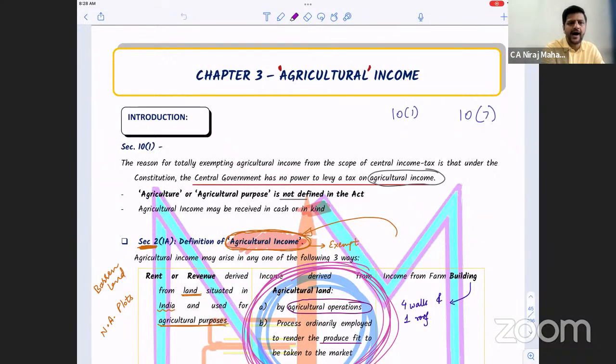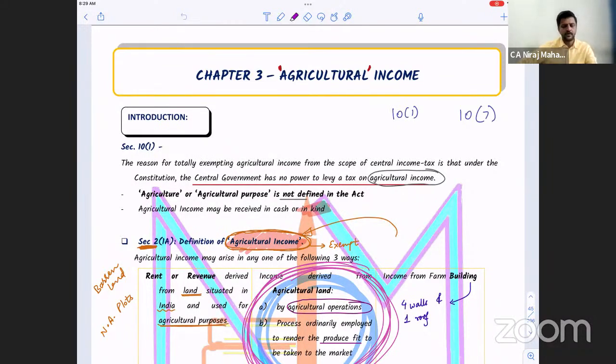10.7 was part of the salary of an employee of government of India working abroad, outside India, and that part of salary is called foreign allowance, and it was what? Exempted. Clear, Delia? Exempted means obviously not taxable. Apart from that, we have seen 10.1, that is agricultural income. Constitution says not to be taxed, correct? So Constitution says what, everybody? That agricultural income is not to be taxed. Clear? So we have to define what is actually agricultural income.